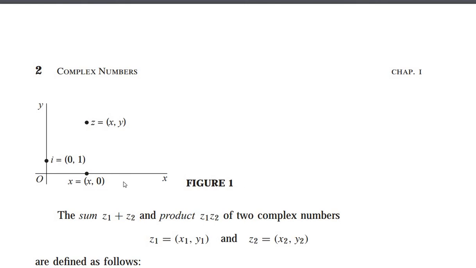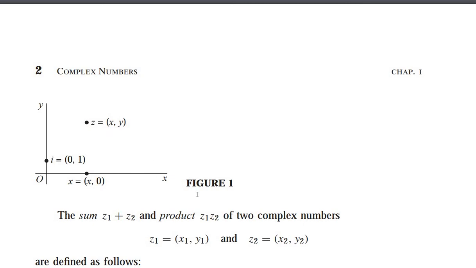Here there is a graphical view of a complex number. You should keep in mind that a complex number is always in the form of ordered pairs, so its value is shown graphically in a plane. A real number is denoted on a real line, but a complex number is always represented in a plane.